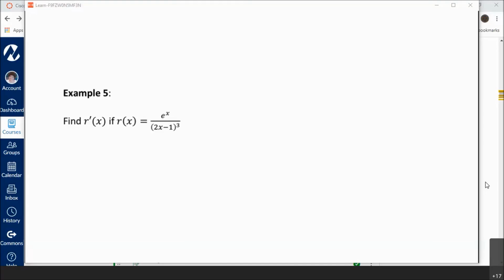Is it a product if it's a fraction? There's a divide sign between the numerator and denominator, right? A fraction bar means divide. So what do you think? Is it a product? Could you write it as a product? Sure. Okay. You can think of this as a quotient